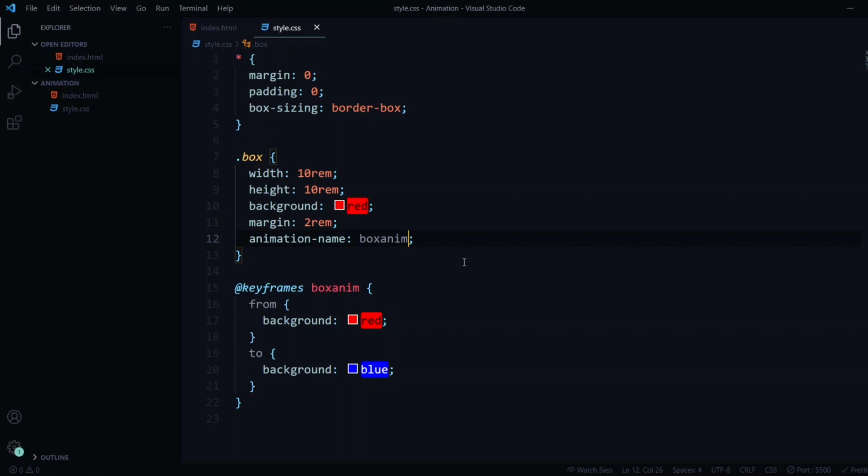Similarly in animation, we have a duration for which the animation should run. Always remember that you should put a value here, because if you leave it empty, like right now, the animation will not occur because the default value is 0. You can see right now we have not added animation duration, so the animation is not running at all.